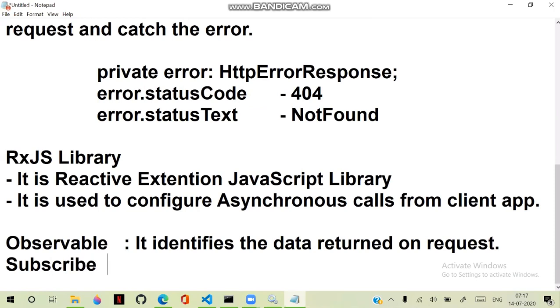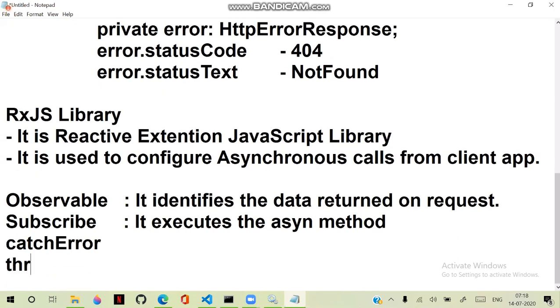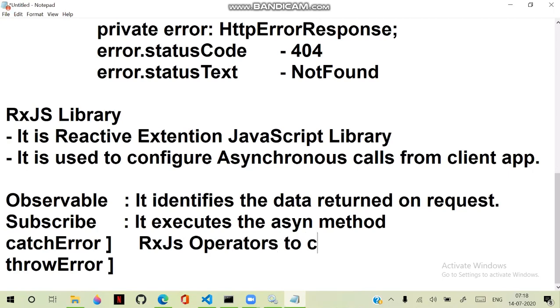We call subscribe. This subscribe executes the asynchronous method, and it provides options like catchError and throwError. Actually, catchError and throwError are provided by RxJS operators to catch